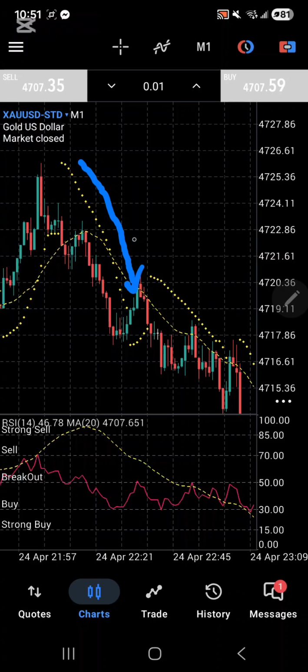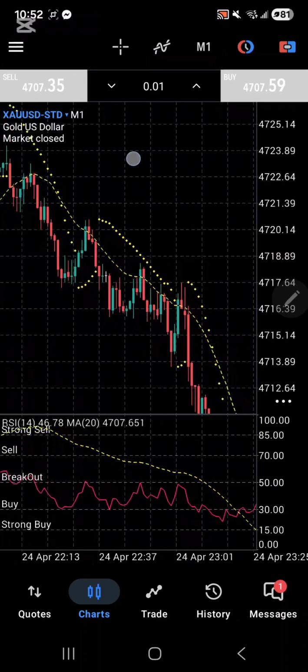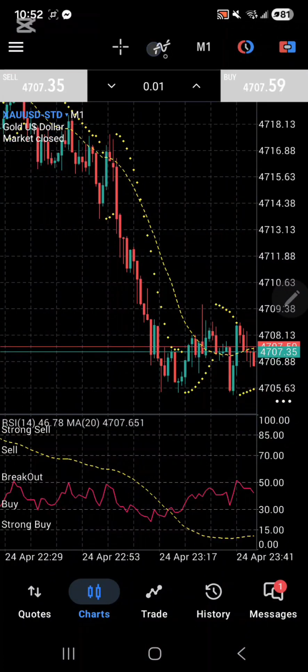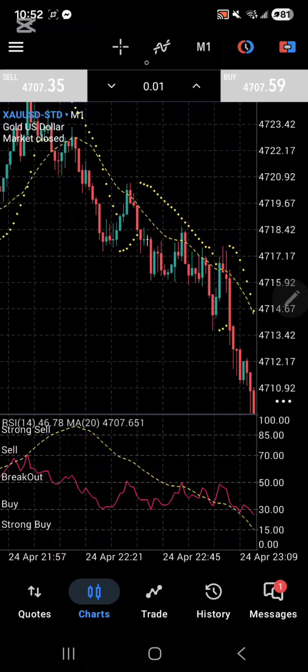So when do I exit? I exit when I like the profit, or when the next dot appears underneath the candlesticks, signaling a trend reversal, as you can see here. But if you continue to hold, you can see it went down further. So what you can do is use the parabolic SAR as your trailing stop loss.